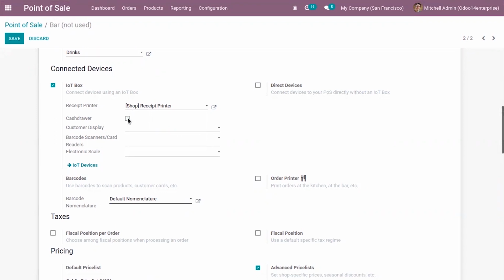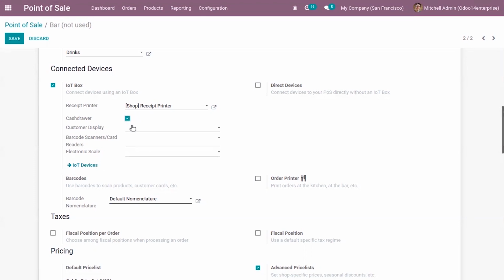Then we can add a cash drawer, enable this option, which is for cash purchases. The cash drawer is an important factor in that case. The cash drawer should be connected to the printer with an RJ25 cable.